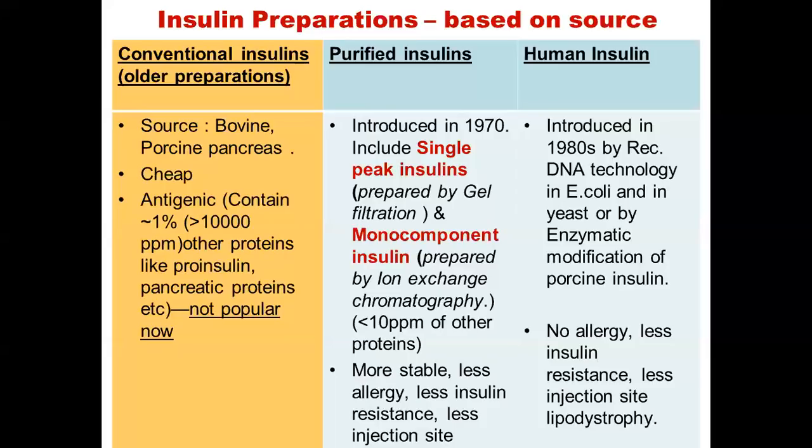However, because of the cost considerations, they are more popular in developed countries, but in other countries also these are coming into more use because they cause less allergy, and they are very much resorted to for use in cases of pregnant women with diabetes. So that is a condition where we do not want any kind of allergy. So human insulins are very much preferred for conditions like pregnancy. Otherwise also they are becoming more and more popular because of these advantages.